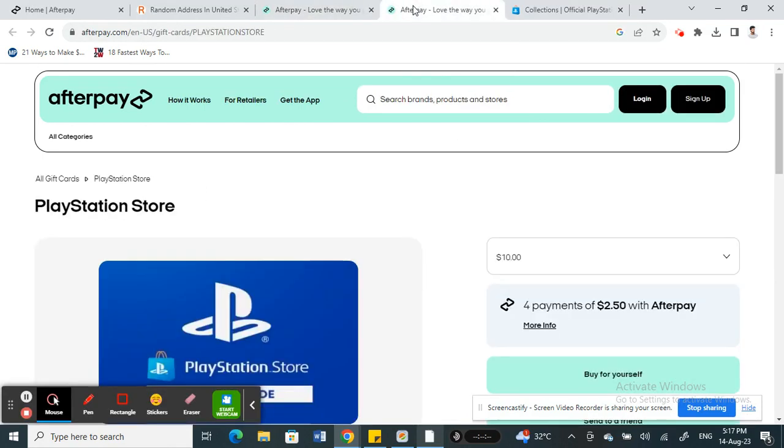So firstly, open up Afterpay, and then log into your account. You can do it on the browser or on the app. It's the same thing. So once you've logged in, you're going to search for